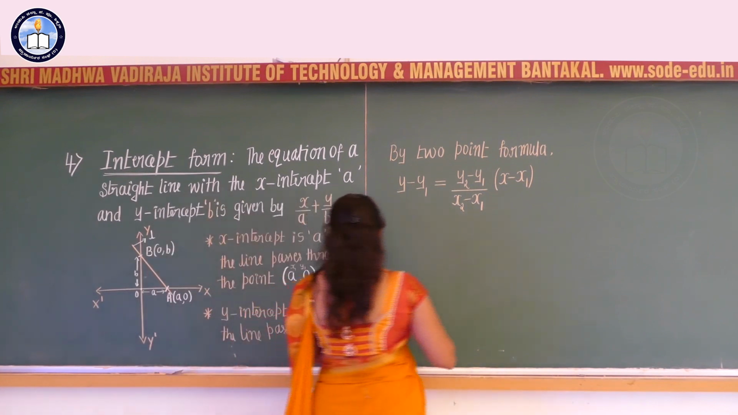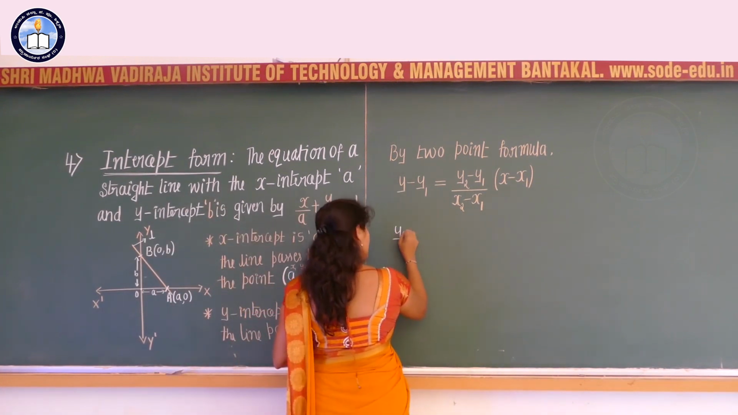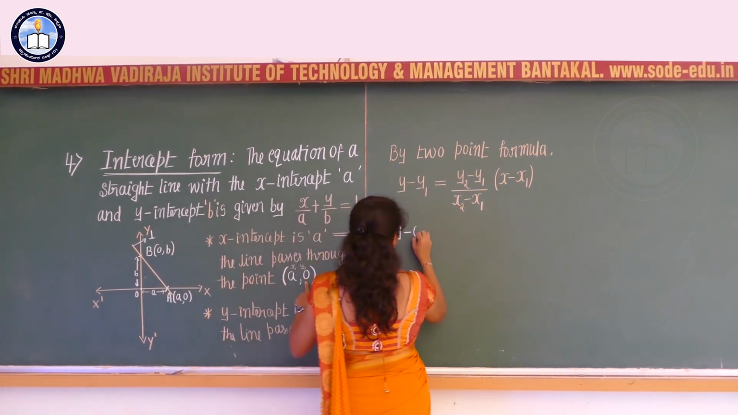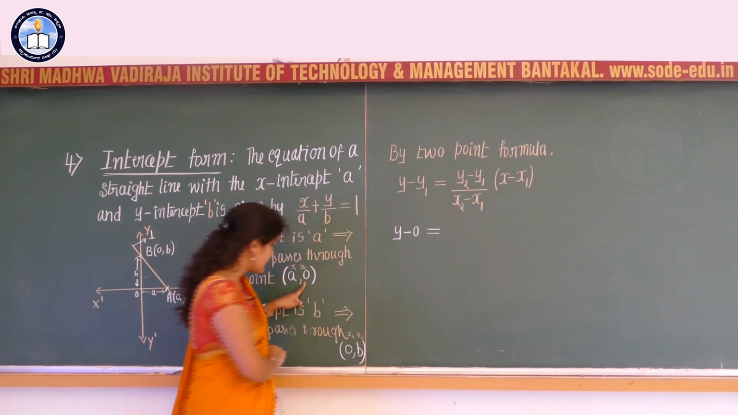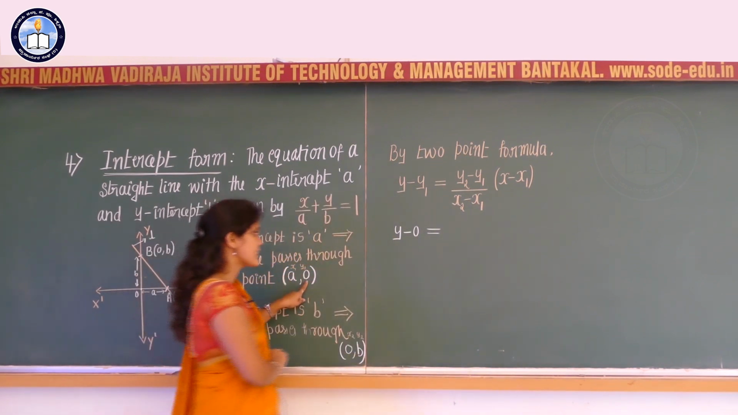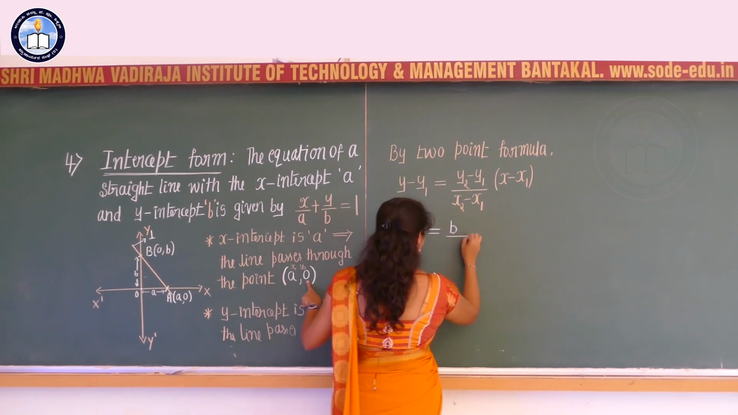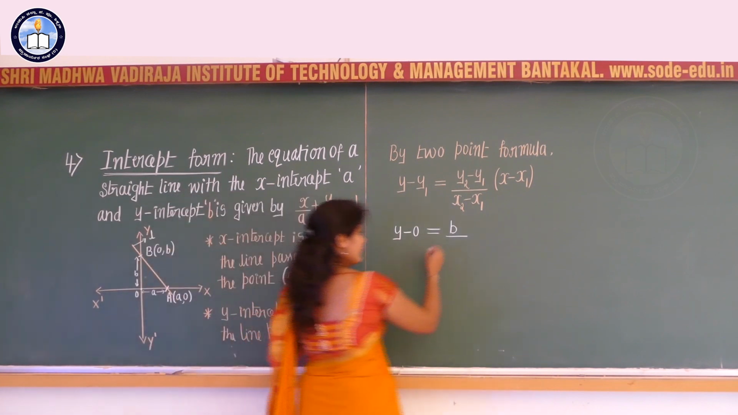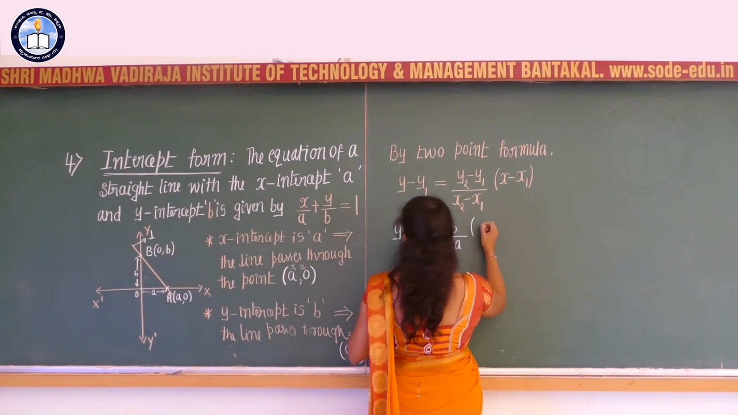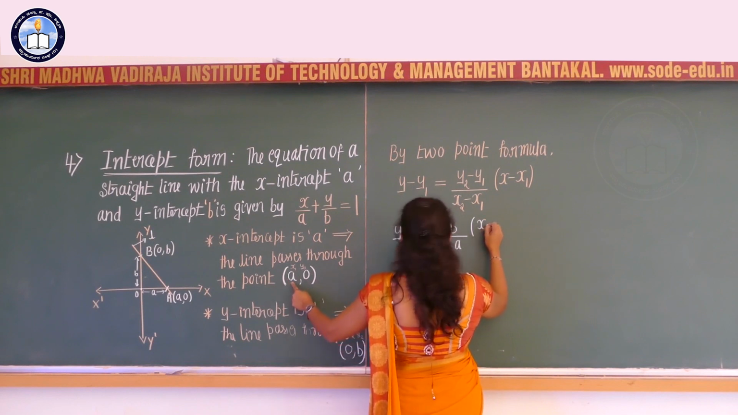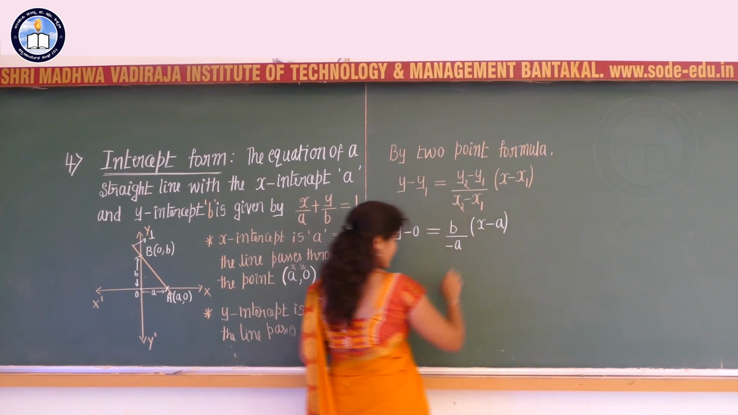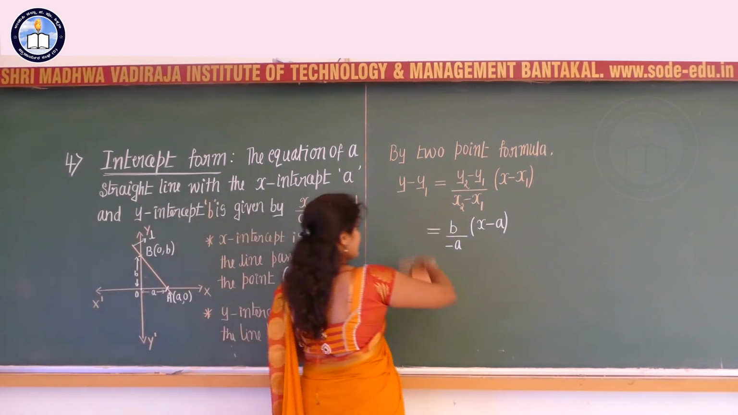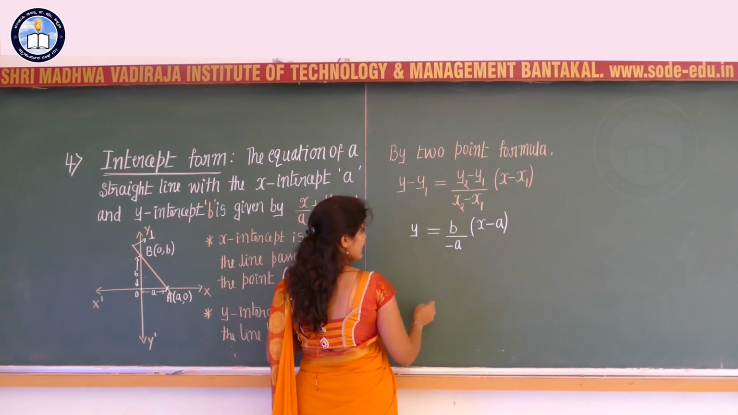Now substituting here, y minus y1. What is meant by y1? It is 0. So y minus 0 is equal to (y2 minus y1), that is b minus 0, which is b, divided by (x2 minus x1), that is 0 minus a, which is minus a, into (x minus x1), where x1 value is equal to a. So the LHS is y minus 0, that is y, is equal to